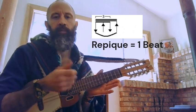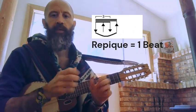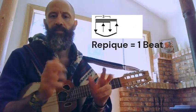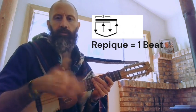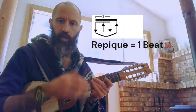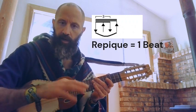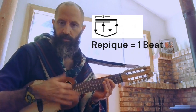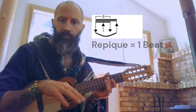And we want our wrist to be nice and loose and limber. So some daily exercises like this can really help to free up the wrist of any stuck energy or any tightness, because we're not using our whole arm to do this. It's all in the wrist movement. So, nice limber wrist. It's not like we're trying to hammer a nail. It's kind of like the wrist is going in this direction. It has a little bit of an up and down motion, but it's also like a turning motion as well